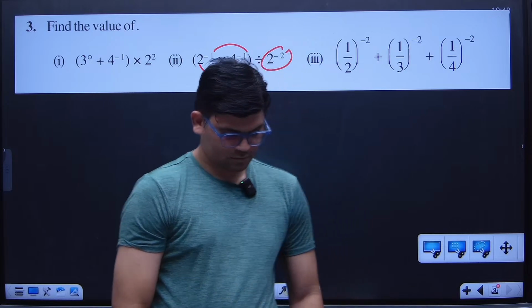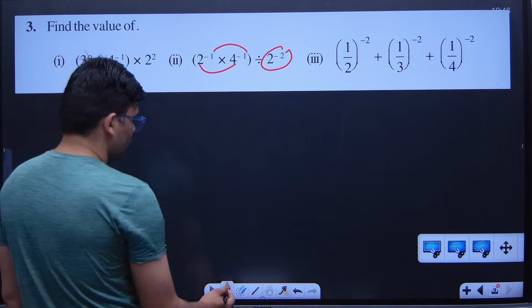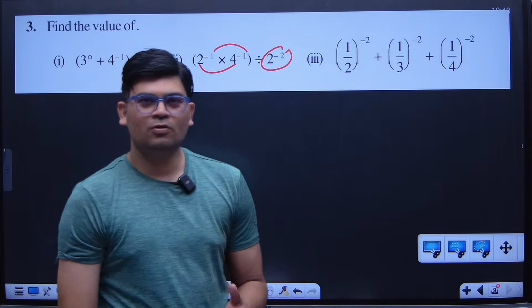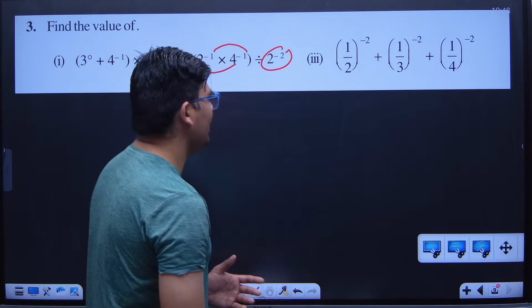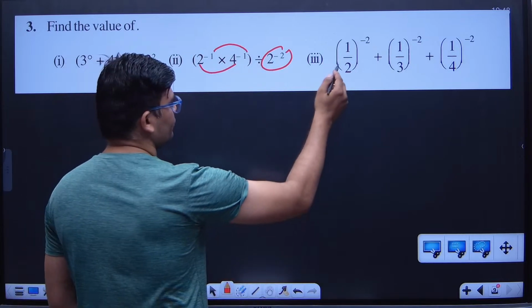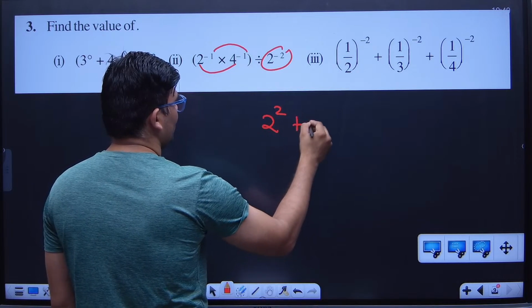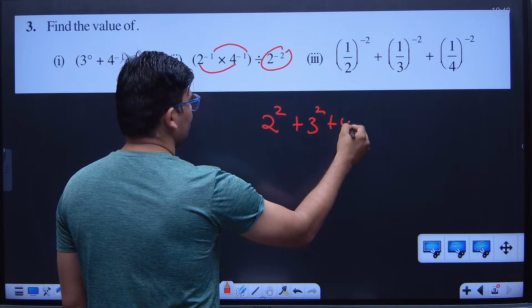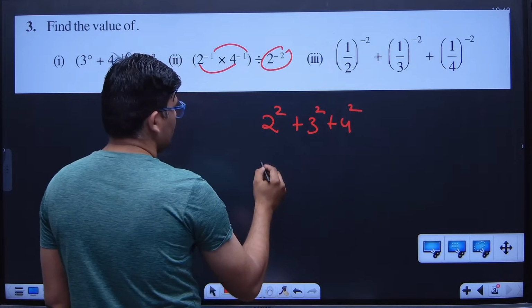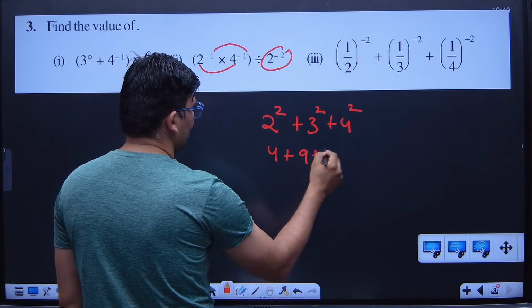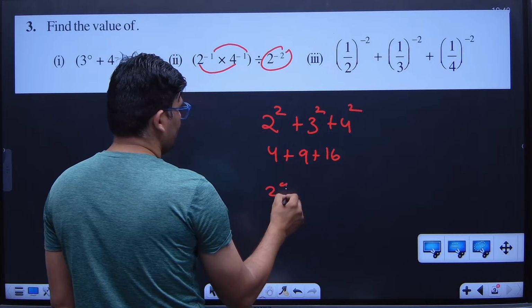So they have all the same power. No, but they are not in multiplication, my dear. You can't do anything with them. So you can simply add them. You can reciprocate them. Seventh law of exponent. So this is going to be 2 raised to the power 2 plus 3 raised to the power 2 plus 4 raised to the power 2. So this is going to be 4, 9 and 16. So 29.